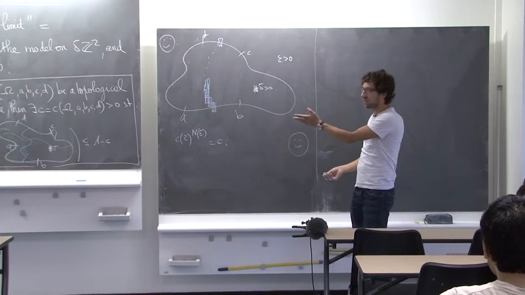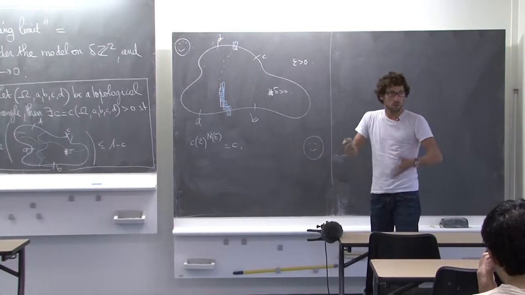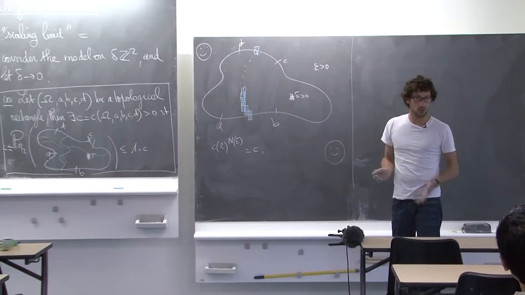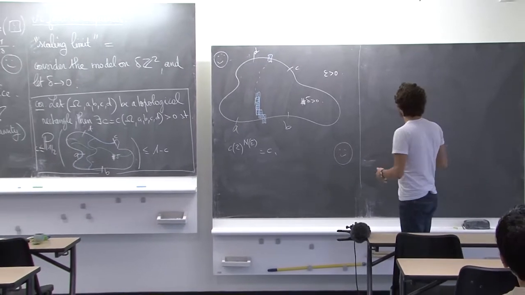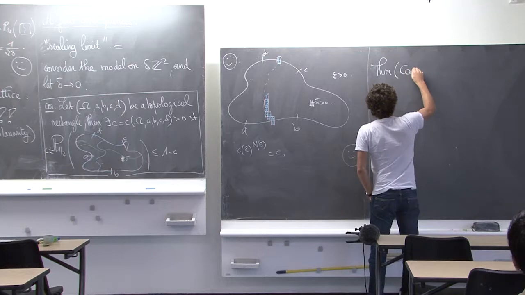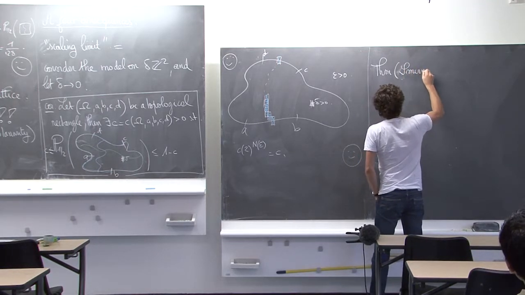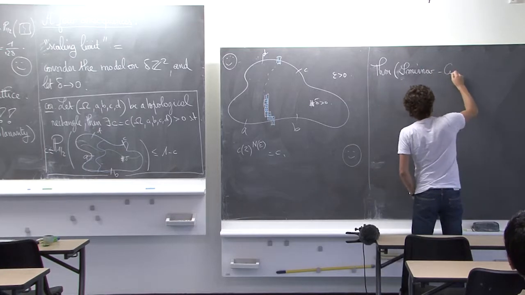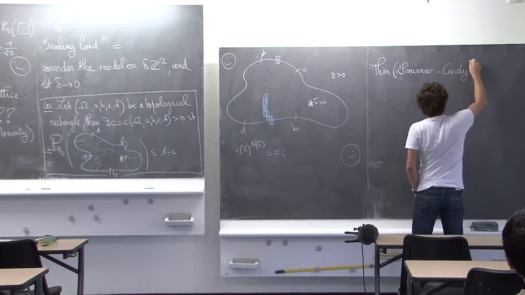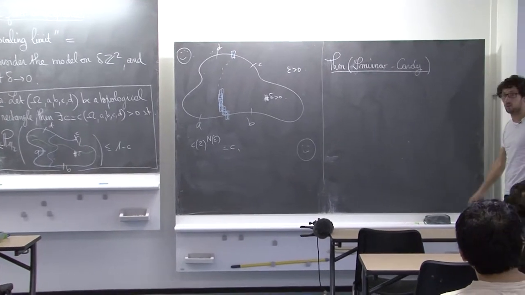So we have a quantity that doesn't converge to 0, it doesn't converge to 1. So it may fluctuate a priori, but in fact the truth is that it doesn't. So there is a theorem which is really due to Smirnov, but sometimes people call it Cardy-Smirnov because the formula was predicted by Cardy, but it had nothing to do with the proof,